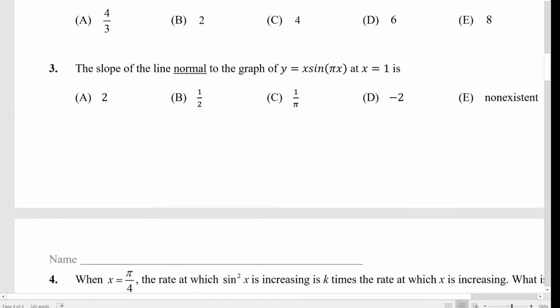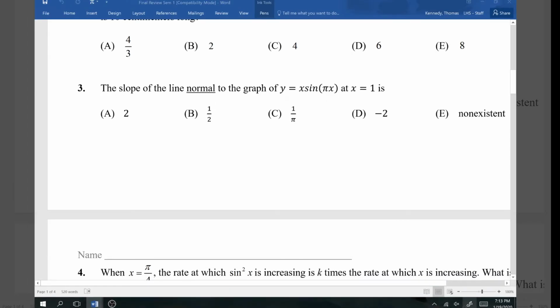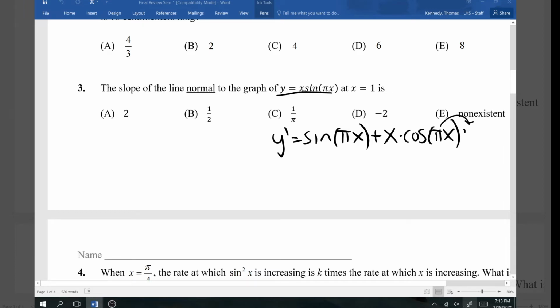Yep, chapter 2. Okay, the normal question. You have to be able to take a derivative here because that's how we find slope. So if we take a derivative, we have to do a little bit of product rule. So a prime b looks like that, and a times b prime, I gotta then chain rule out of pi here. If we now plug in 1, sine of pi is 0, so that's cool. X is 1, cosine of pi is -1, and we got this pi dude here,